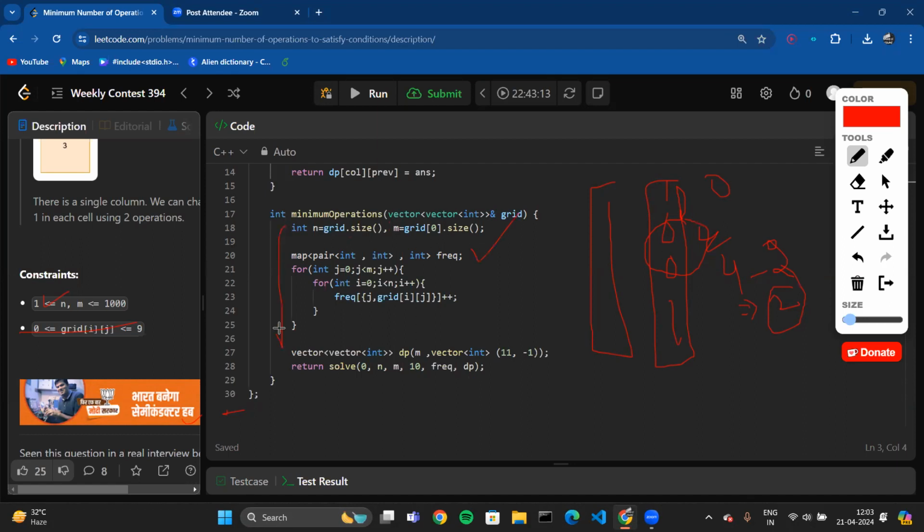First, we will make a map, and for every column I will keep the frequency of a particular value at that particular column. Now I can call my DP solve function, which will be using dynamic programming and recursion. Essentially, we need the current column index and the previous column index. That is what we actually need. If the current column's value and the previous are equal,